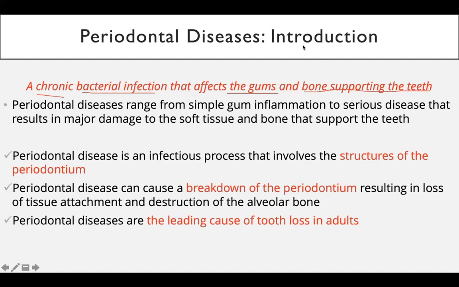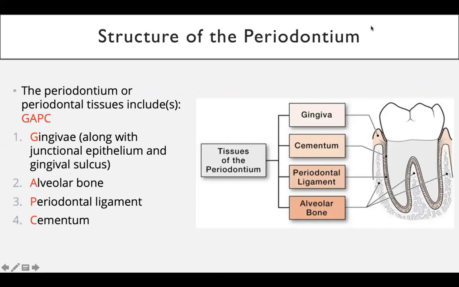Now, if you remember periodontium, what was the structure of periodontium and what were the tissues in that? Let's just first go to that part. As all of you remember, the periodontium contained four tissues, periodontal tissues, which we have named with a mnemonic, GAPS. These were the gaps: G for gingiva, A for alveolar bone, P for periodontal ligament, and C for cementum. The details of these we have already studied in our oral